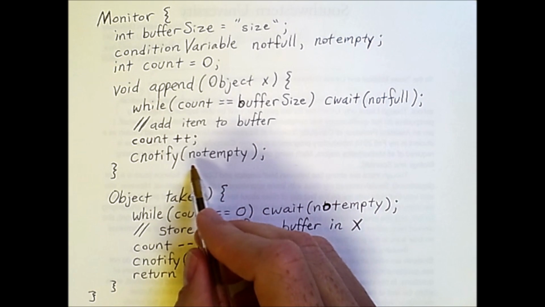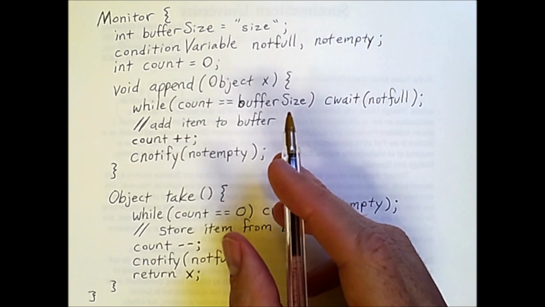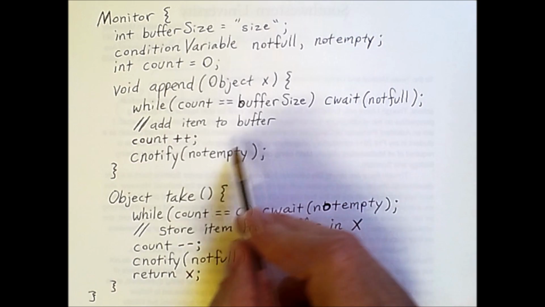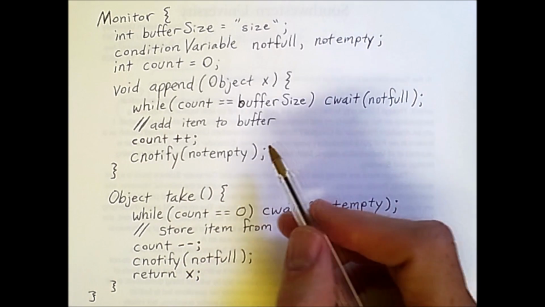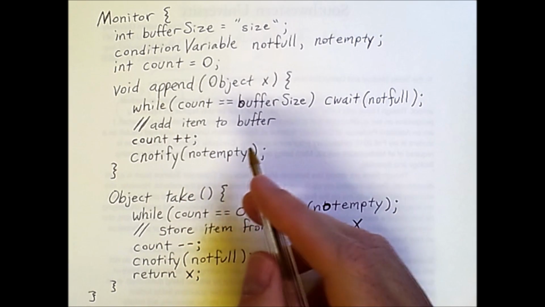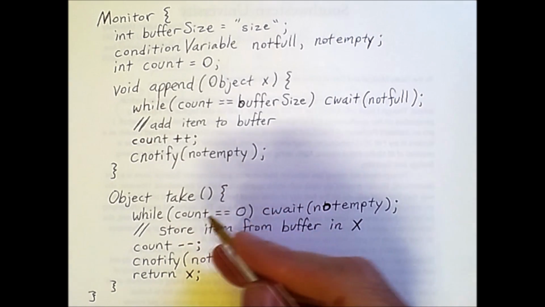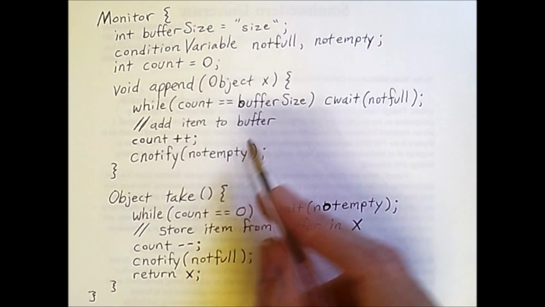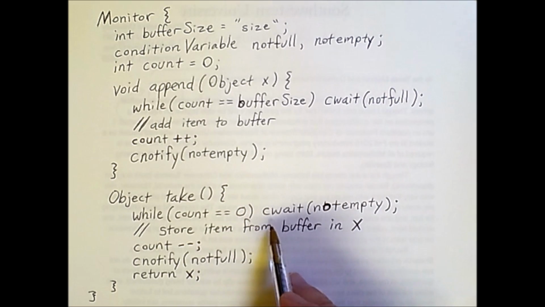So we are telling any other processes that need to know that because we have just added something to the buffer, it is not empty. Now, it may already have not been empty, but we're just indicating that it's definitely not empty now. So we either went from being empty to being not empty, or we went from being not empty to still being not empty. But we've sent this notification, which is something that could be listened to or waited for by